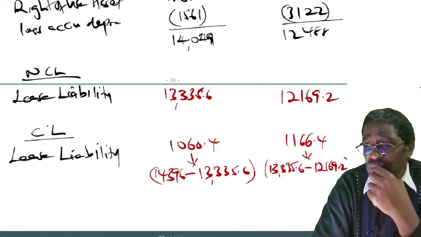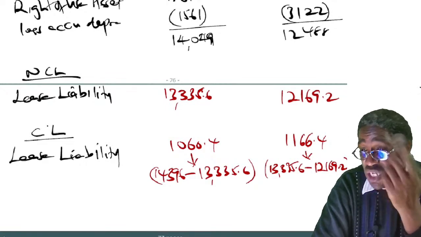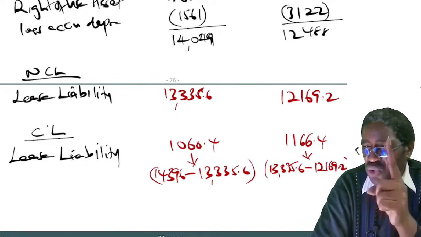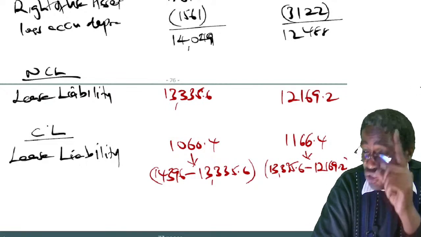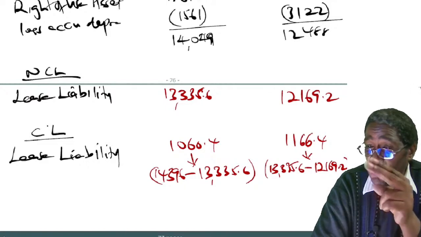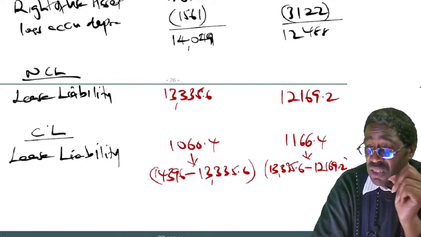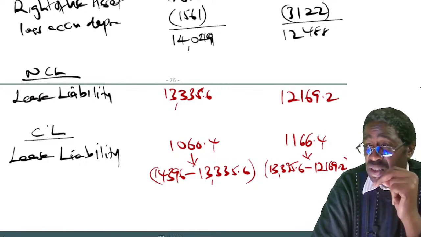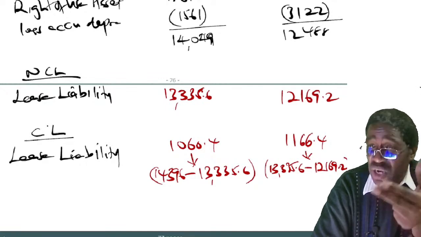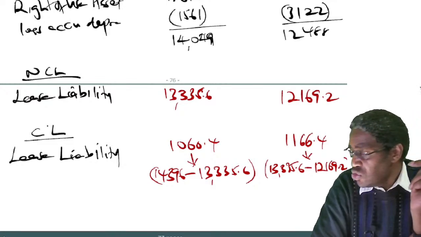Then we go to year 2. Year 2, I had to ask myself, what are we carrying down by end of year 3? That became long term. And that was 12,169. Then to get the current of year 2, I took the liability by end of year 2, which was 13,335. I asked myself, what's the liability by end of year 3? 12,169. So if the 13 must come down to 12, what must I pay within the next 1 year? It's what we have got as 1166.4. Good. Put down that.